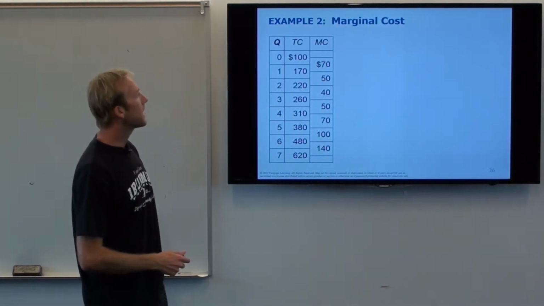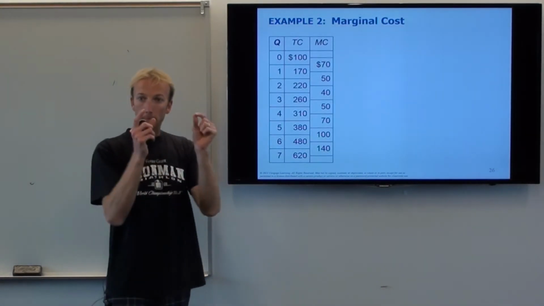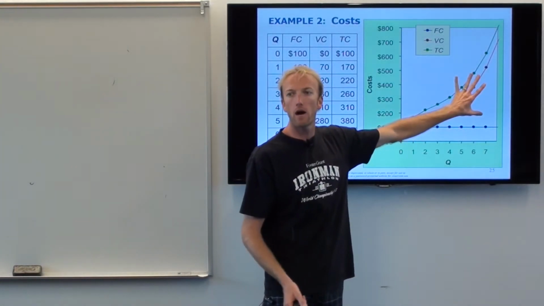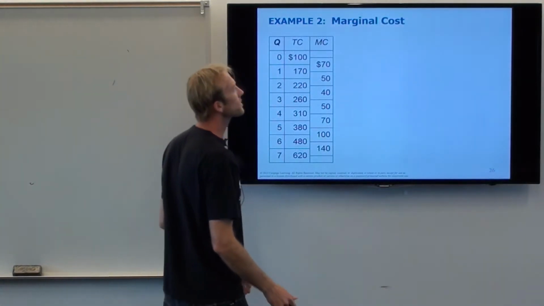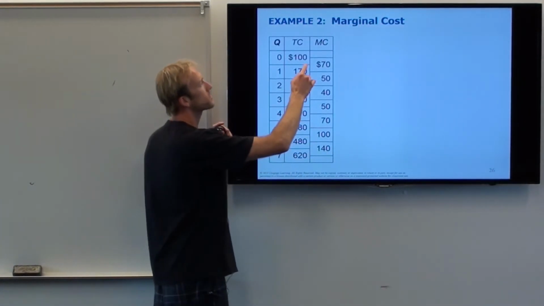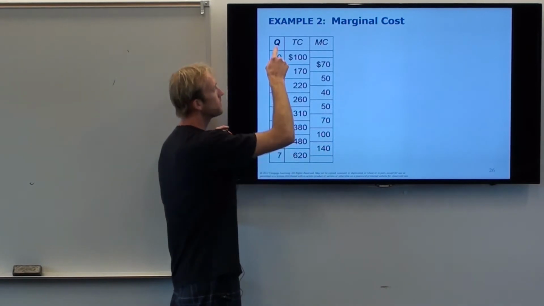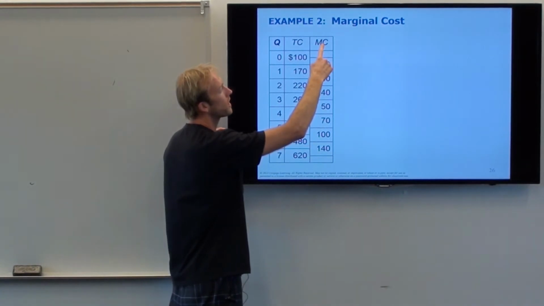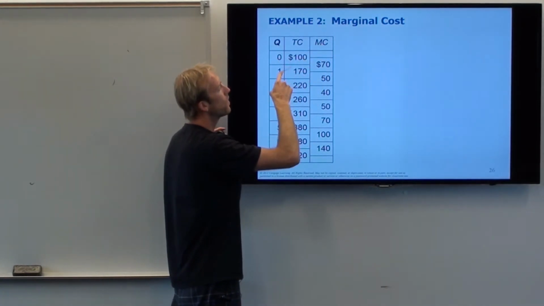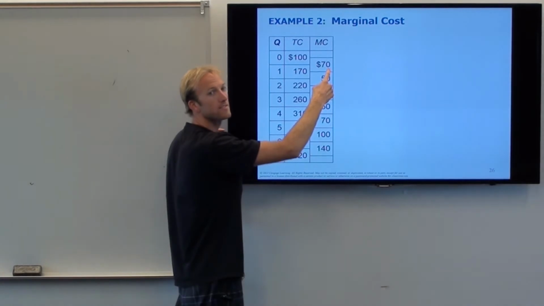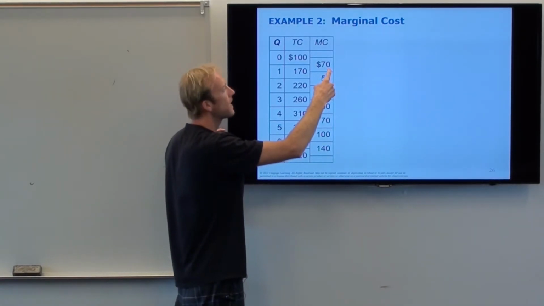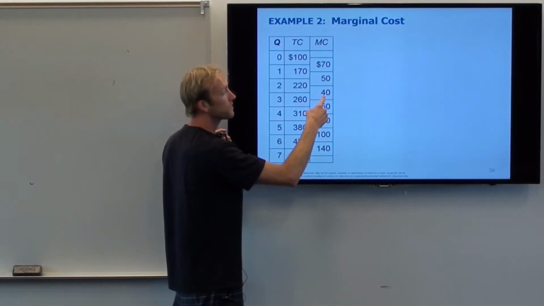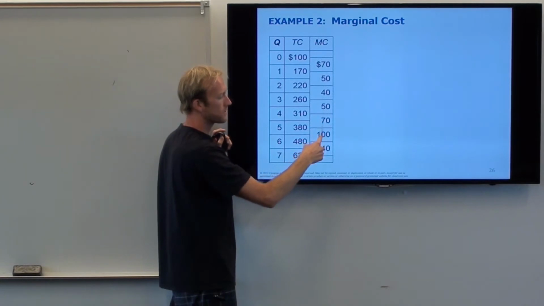Okay? Now, let's look at it in the marginal cost or the per unit cost, right? This was all in the total cost for the entire operation, okay? But now let's look at the per unit cost, the marginal cost. So I've got the total costs column and the quantity column. I've deleted all the other columns, okay? Because that's all I'm interested in for the marginal cost. So look at it. From 0 to 1, what's the change in cost? How much does it cost? $70 to produce that first unit, right? How much does it cost to produce the second unit? Only $50. And then how much does it cost to produce the third unit? Only $40.